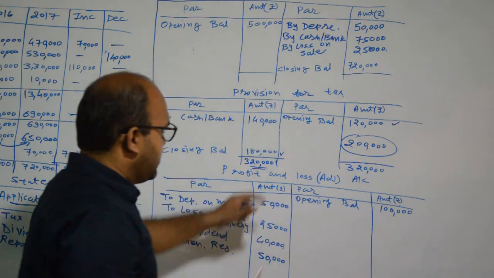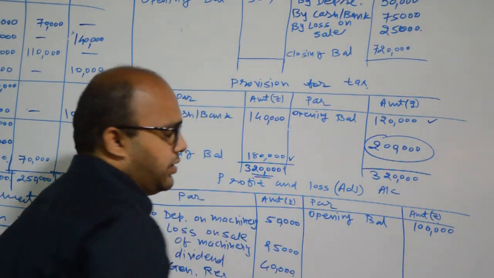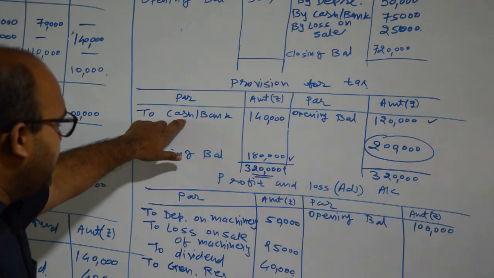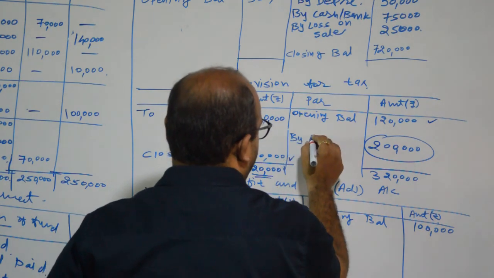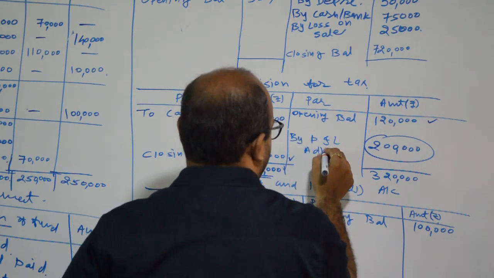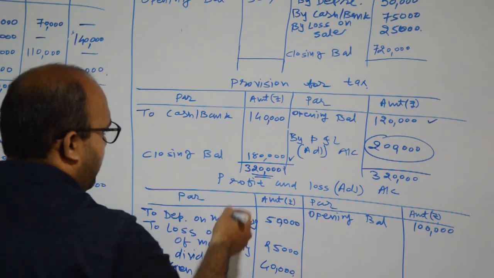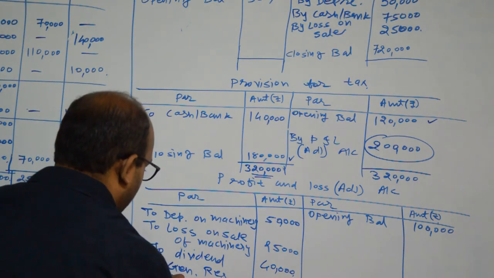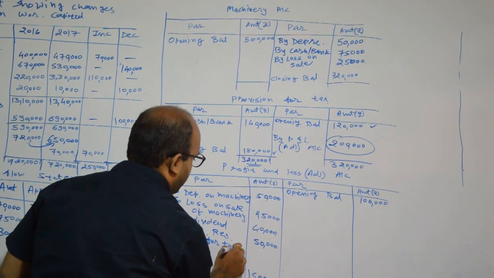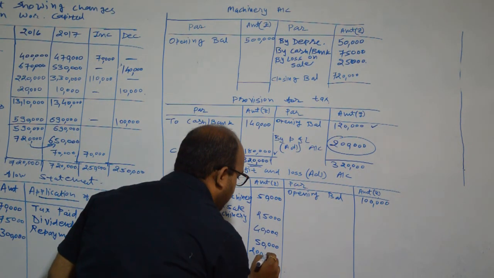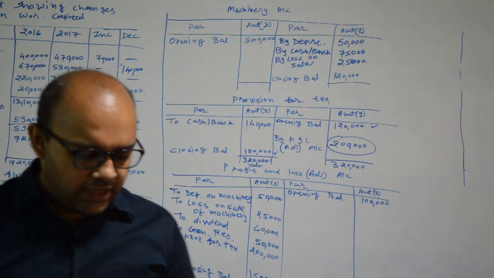Okay, when there is difference at credit side of provision for taxation account, then there will be a provision for taxation. When there is a difference at the debit side, then we have paid the tax. Okay, so it will give an effect at P&L adjustment account. Second effect will be on debit side of profit and loss adjustment account, because we are making provision for tax. Rupees 2 lakh. Okay. Then we have completed liability side.